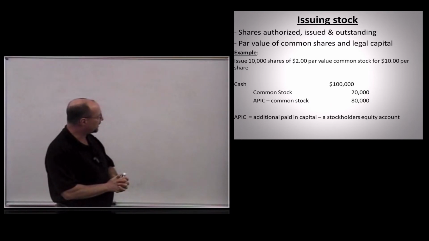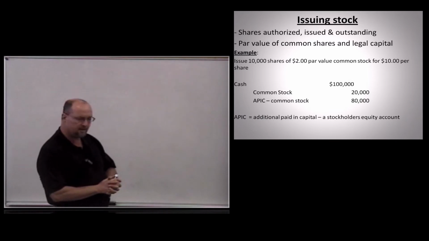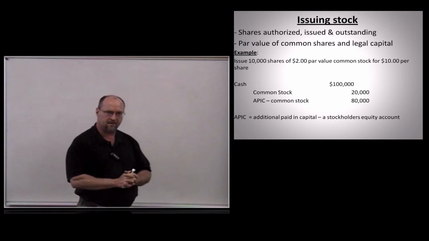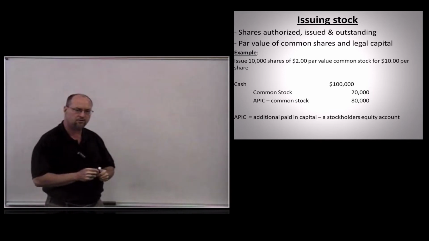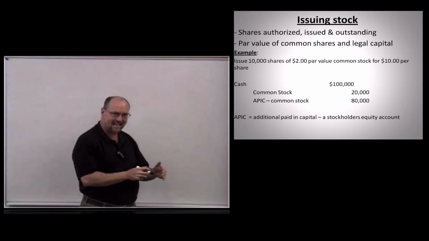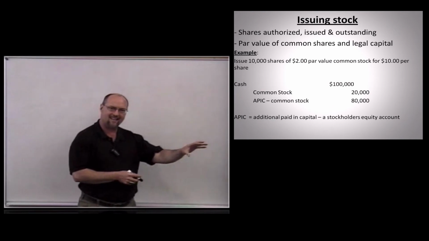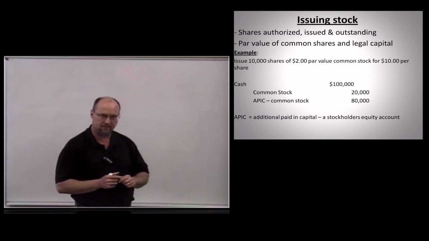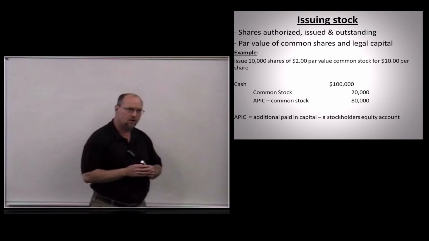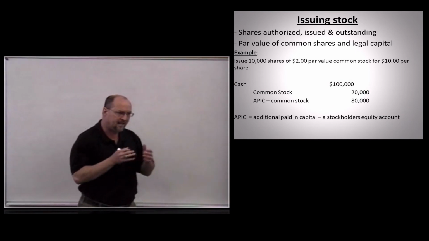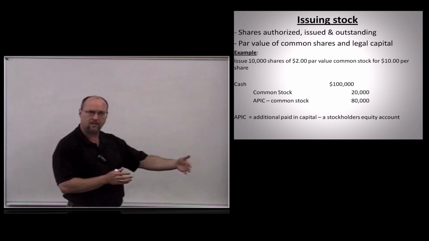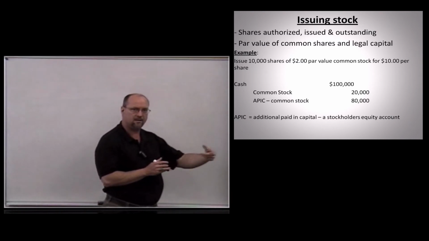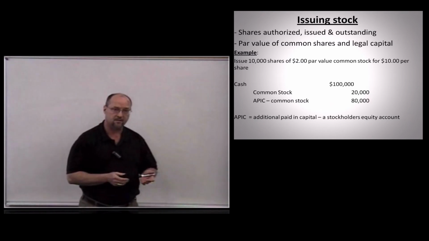Par value of each share times the number of shares issued equals something we call legal capital. Legal capital is an amount within the stockholders' equity section that has to stay in the business. The owners are not allowed to withdraw any money in legal capital, and it's there for the protection of creditors, because we have this limited legal liability. So the laws from the old days said, well, you have to have at least a certain amount, kind of like a reserve within the equity section, that the owners can't touch until after all liabilities have been satisfied in the event that the business liquidates.